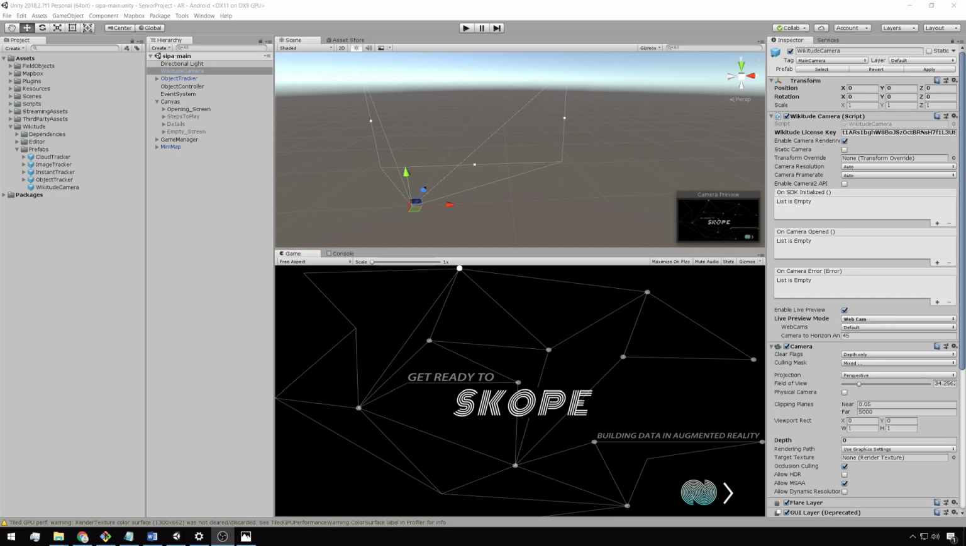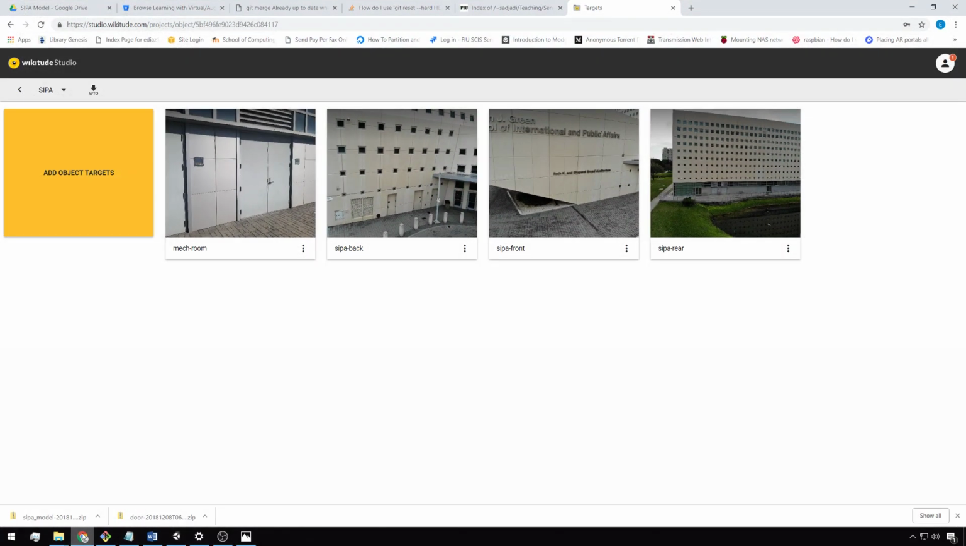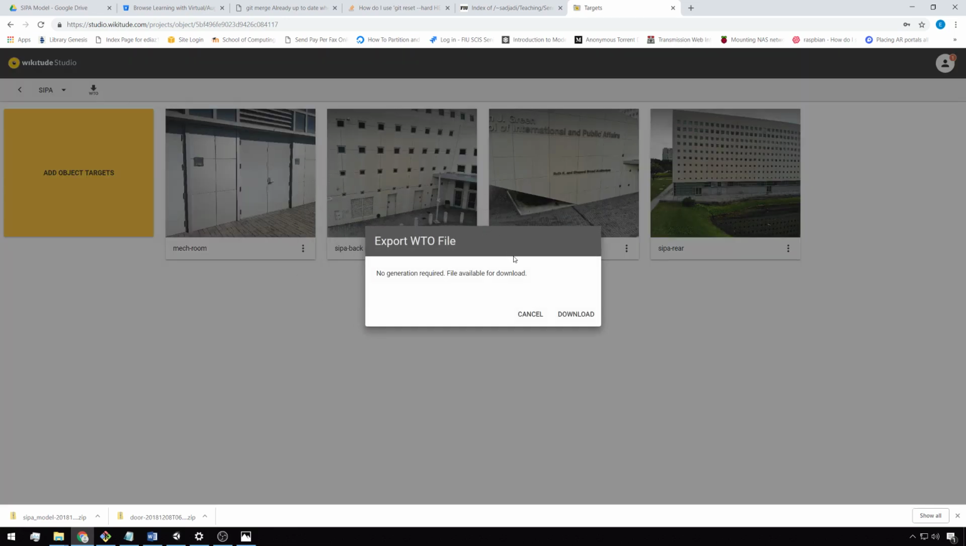Basically, we want to generate a WTO file, which is done through Wikitude Studio. To actually get the WTO file, you hit download WTO. In this case, it doesn't need to generate anything. Download. This is our WTO file right here, and what we would do with that is we'd go into our project folder,